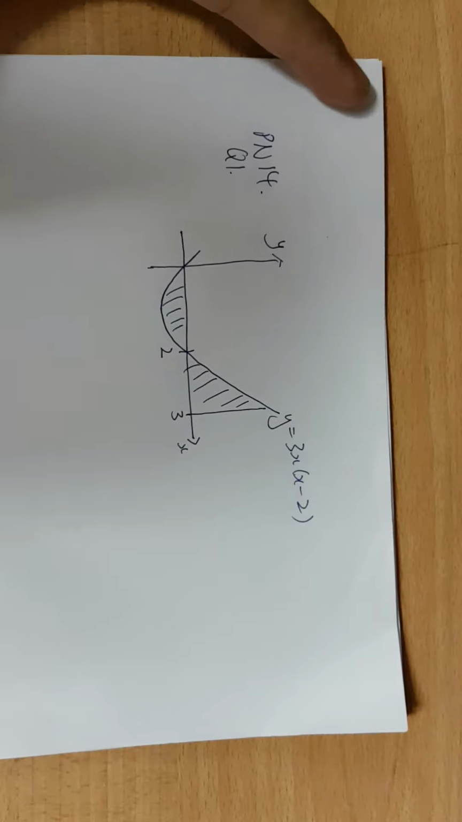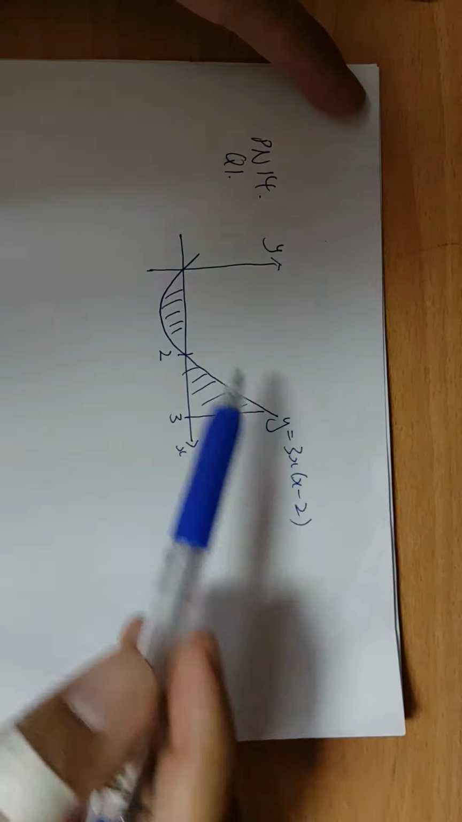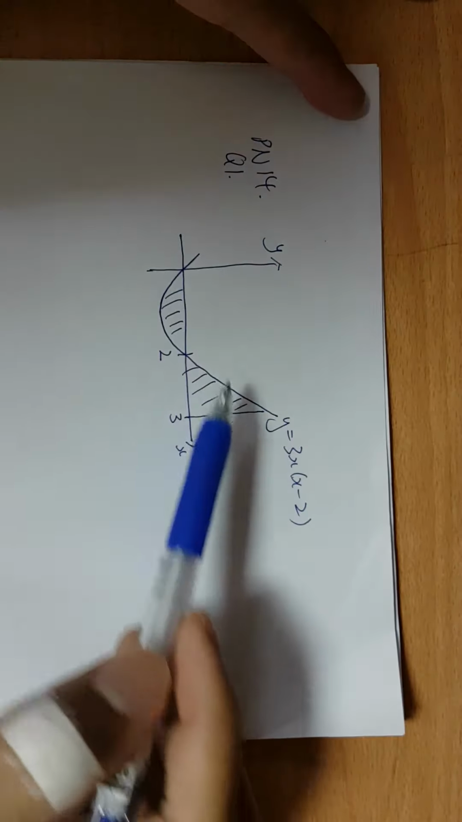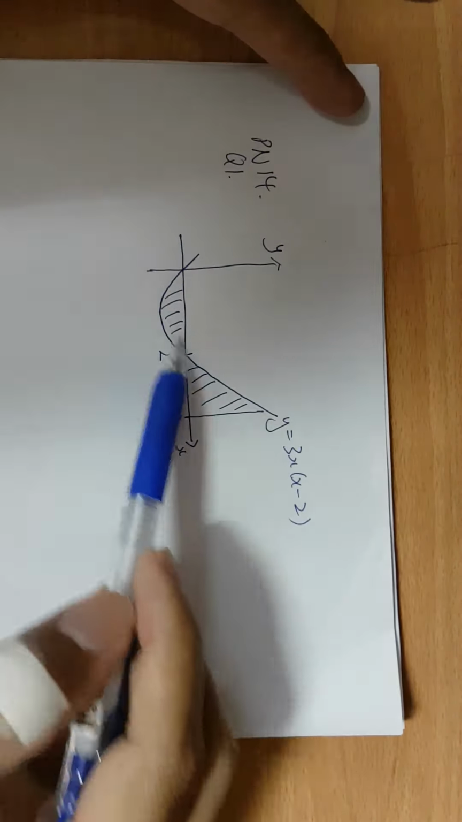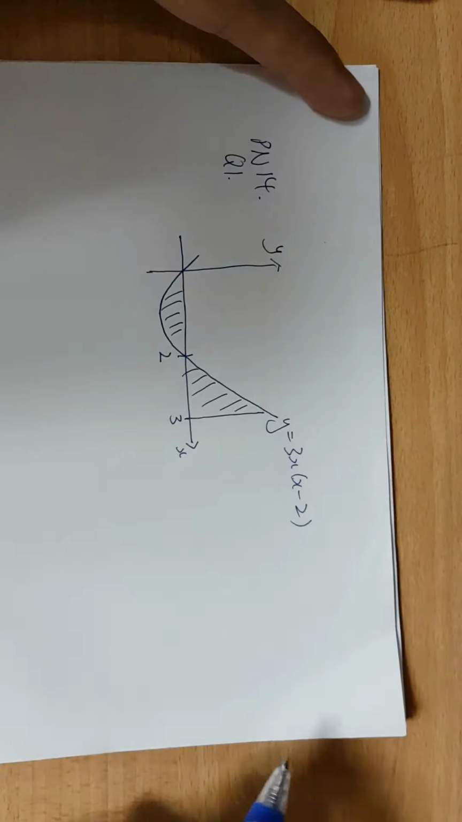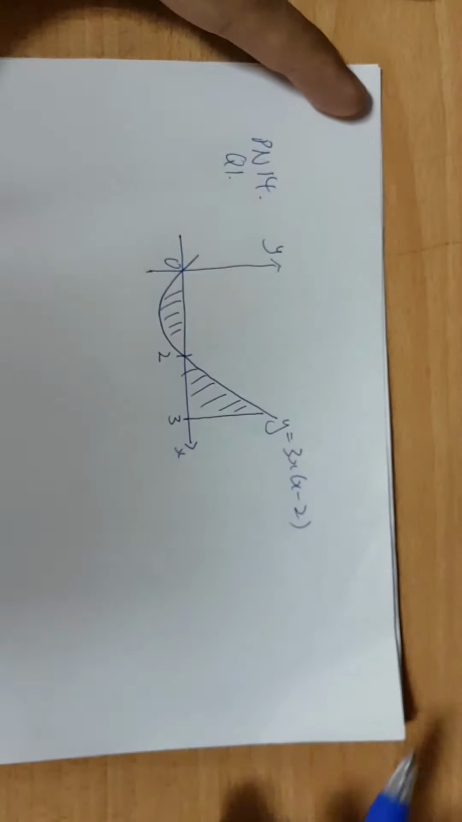Okay, now let's look at this question. The question asks you to find the total shaded area enclosed by the curve and the x-axis and the line x equal to 3. Basically, it is to find the shaded area. Okay, so whenever you have an area that is